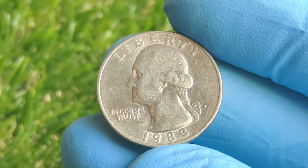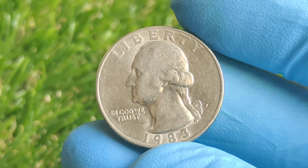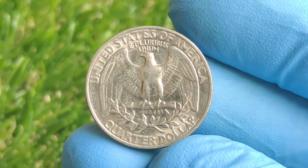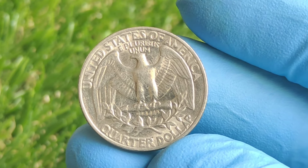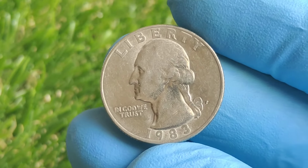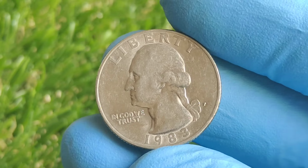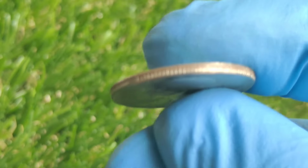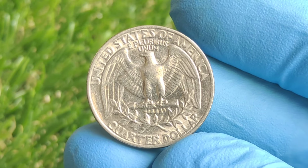And what makes this even more compelling is the possibility that more such coins could be out there, possibly tucked away in old rolls, forgotten drawers, or inherited collections, because 1983 was a year when no mint sets were issued, meaning most of the coins circulated, and very few high-grade examples were preserved intentionally, and this increases the odds that other error-filled examples might exist but have simply never been discovered or correctly identified,